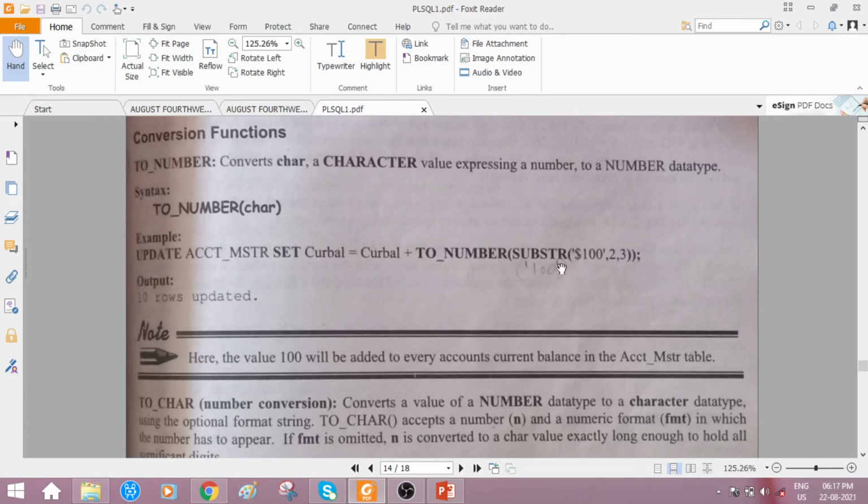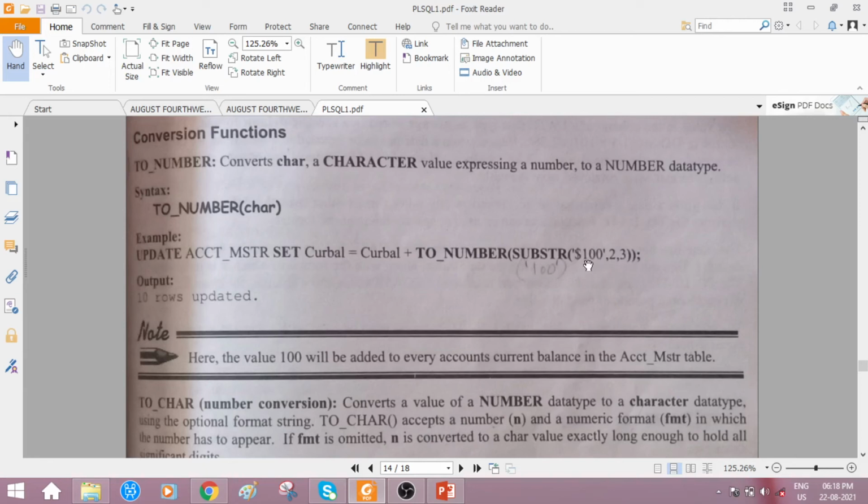Okay, so substr is a string function. Just now we discussed it, right? Yes. So just check out your substr. How many arguments are we passing? The original string, then the starting position. The second argument is the starting position, and from the start position, how many characters have to be fetched?